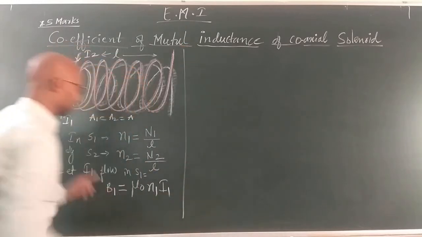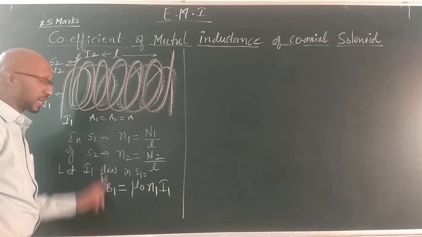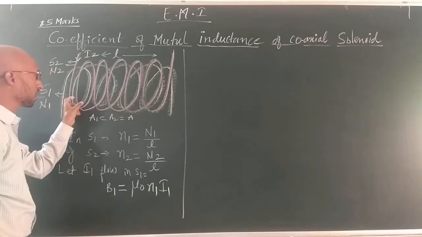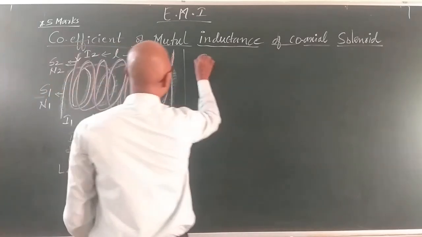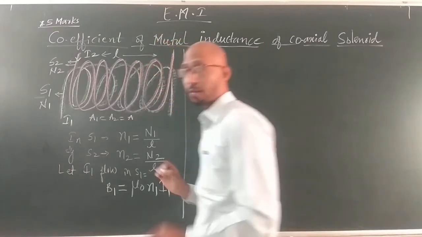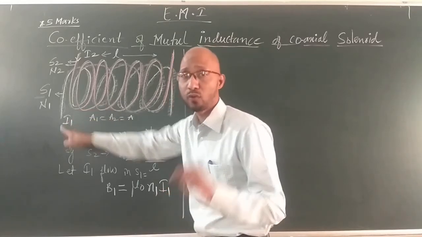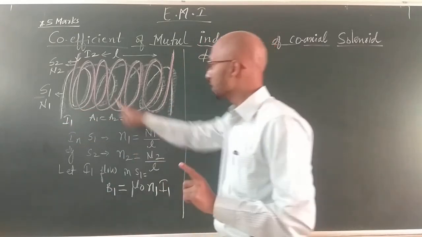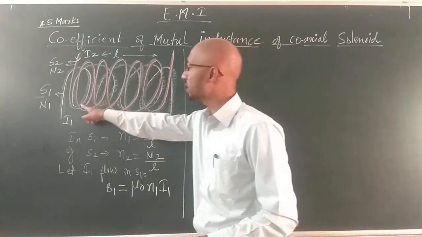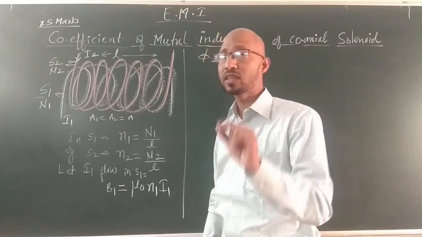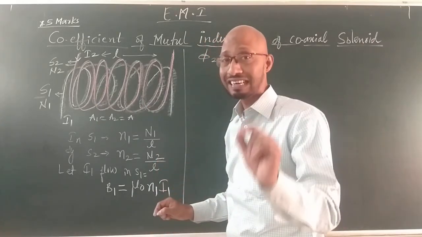Now, what will happen to the second solenoid? If a magnetic field is produced in the first solenoid, some magnetic flux will be linked with the second solenoid. The magnetic flux linked with the second solenoid is due to the flow of current in the first solenoid. Due to this magnetic field, a magnetic flux will link with the second solenoid. The magnetic flux linked with each turn of the second solenoid, I am talking about a single turn,